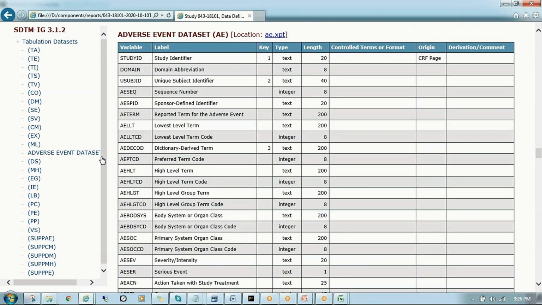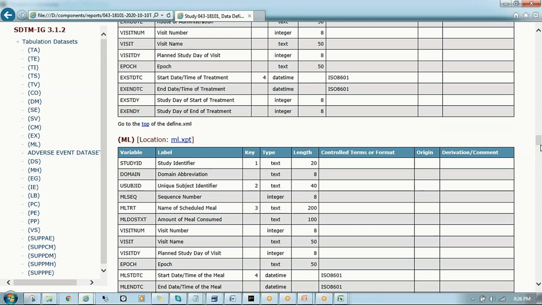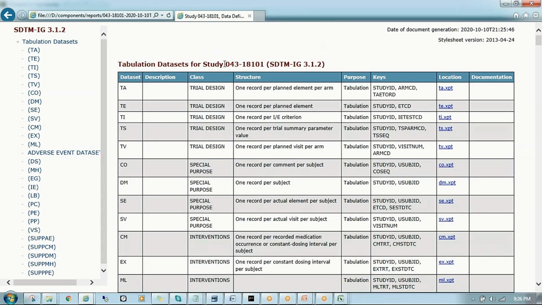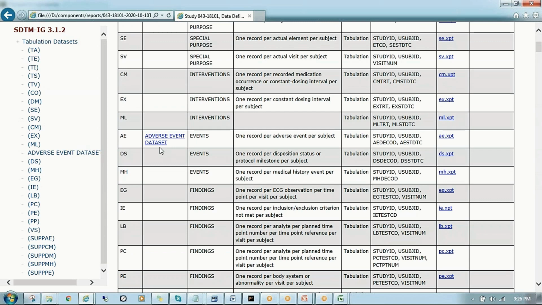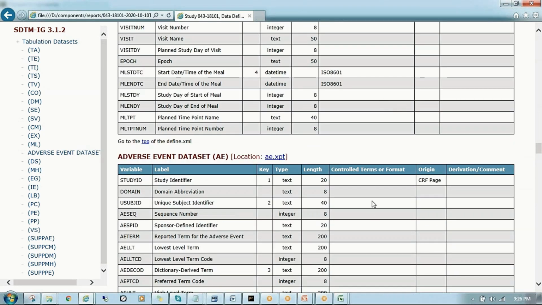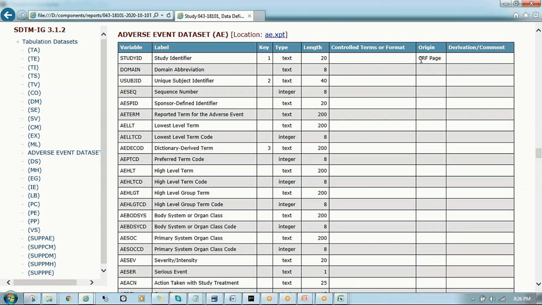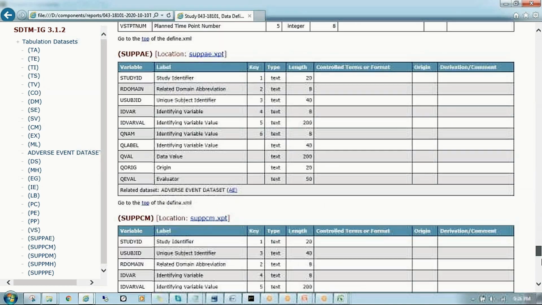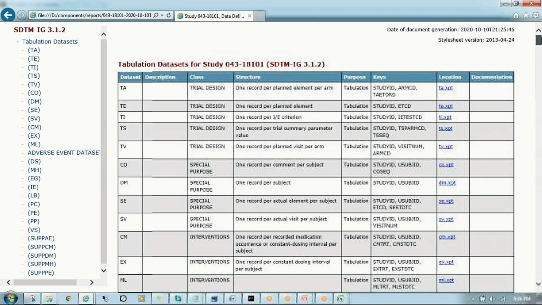So we are deriving the adverse event dataset, right? CRF page number and so on. We are giving the study ID as XXX. Here you can see which study we are giving and so on. For the adverse event dataset, we are giving the label, right? Everything was hyperlinked. If you give the complete data here, then if you click on this, it will open the page. This is the way of creating the define.xml.